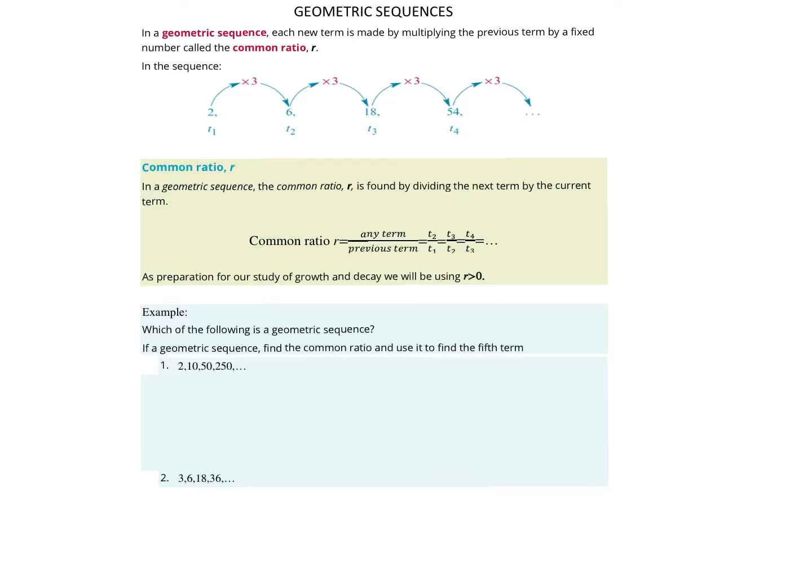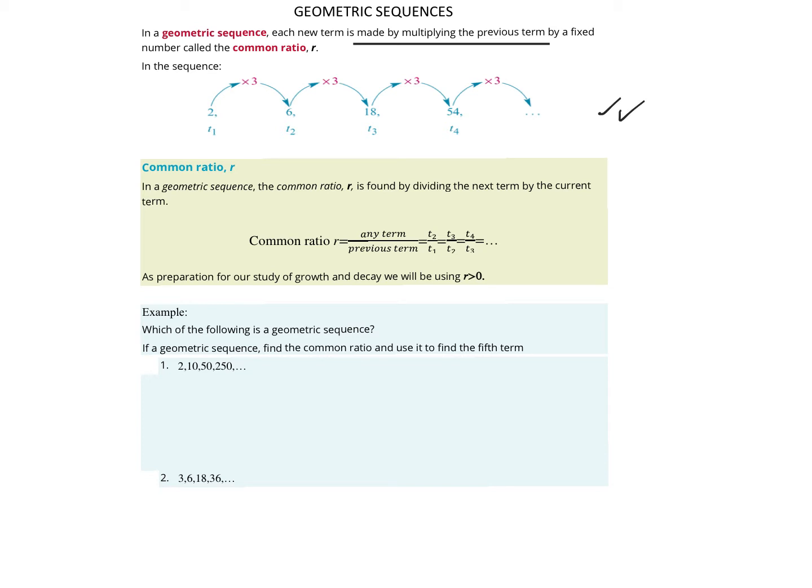Geometric sequences. So we've just been looking at arithmetic sequences where everything was going up or going down by a common difference. A geometric sequence has a common ratio, and a common ratio is made by multiplying the previous term by a fixed number. So if you have a look at this example here,